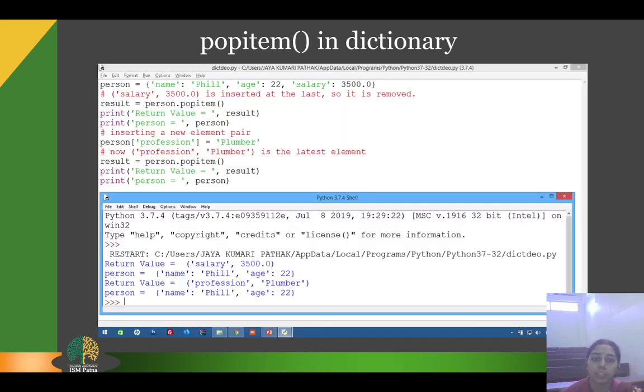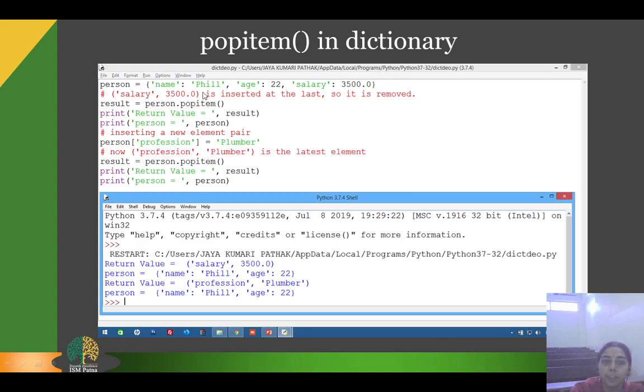So here you can see the example of using popitem. Here there is a dictionary named person having name, age and salary. When person.popitem is used, it deletes the last element, that is salary, 3500, as this is the last element. Next, I have inserted a new value with person['profession'] equals plumber, and when popitem is used, it removes the profession plumber.